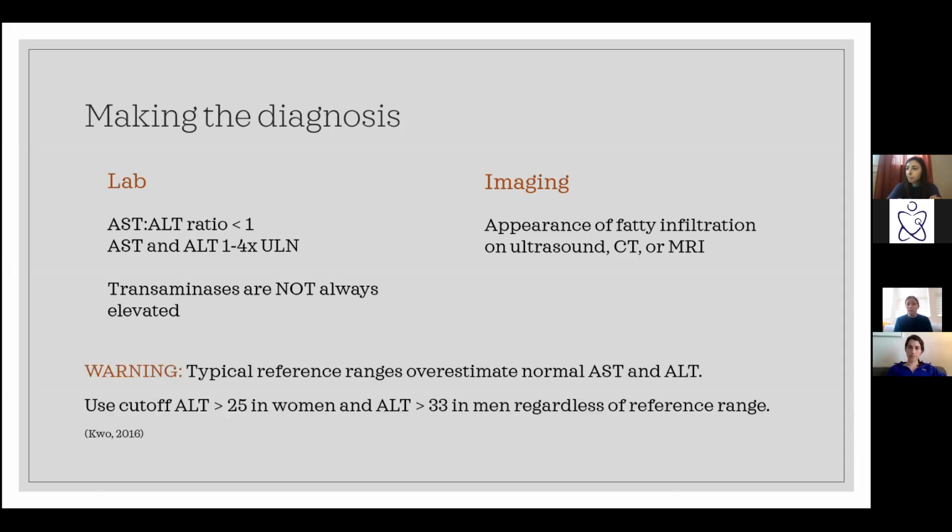And then just a quick note of warning: according to the American College of Gastroenterology, our reference ranges on AST and ALT actually probably overestimate what's normal. So they recommend using a lower upper limit of normal than what's typical on our reference ranges, and they recommend these cutoffs that are on this slide. Some people may appear to have normal AST or normal ALTs, but actually may not, according to our